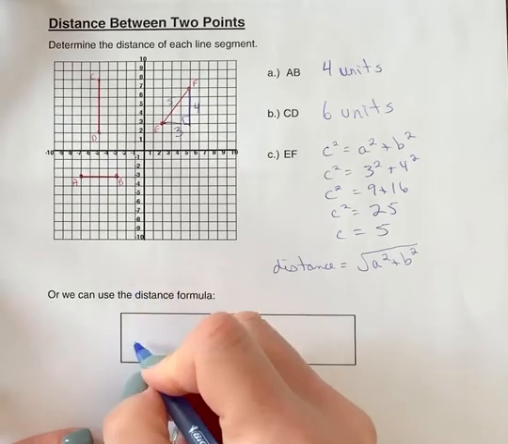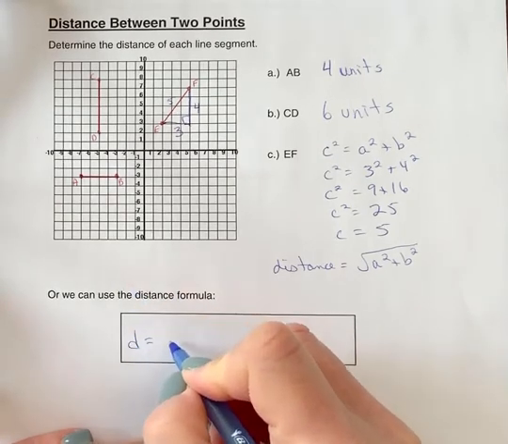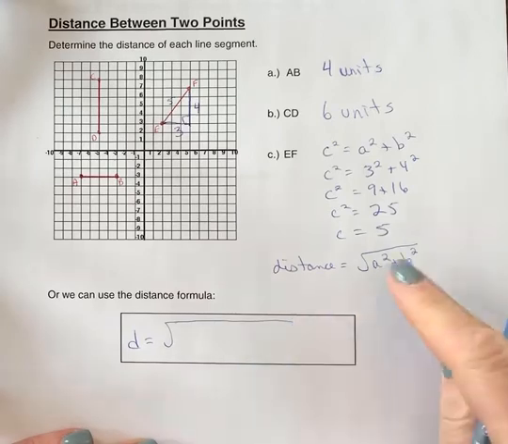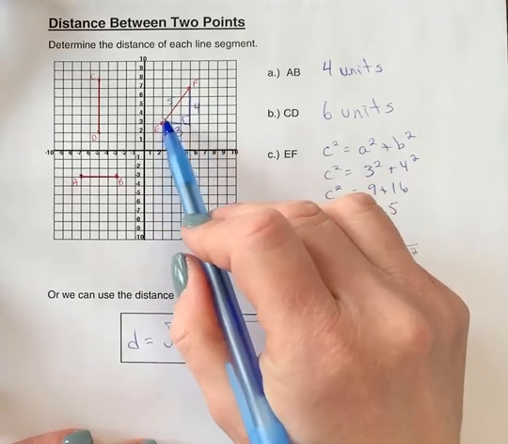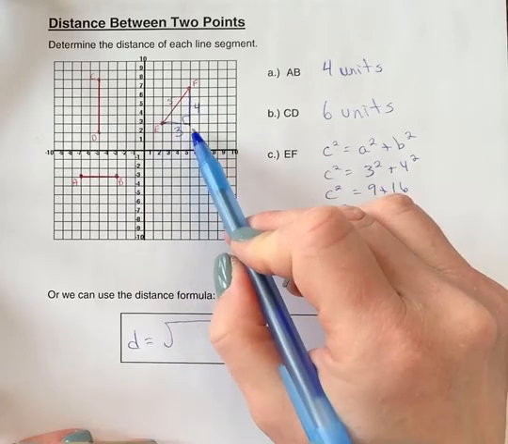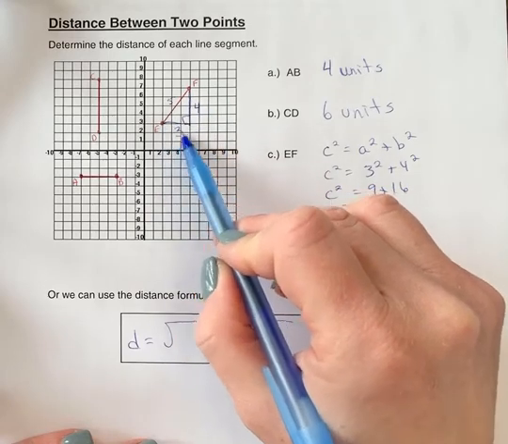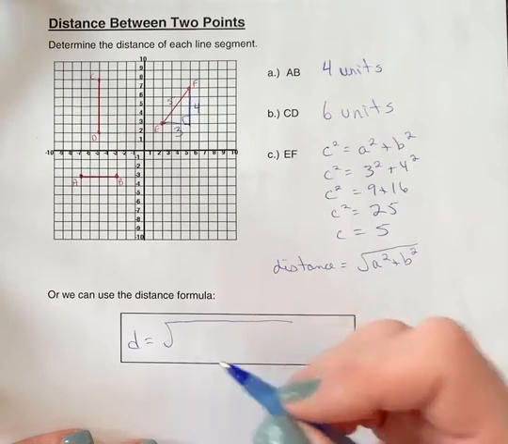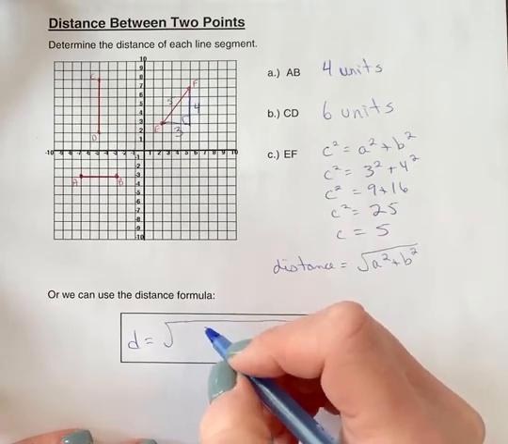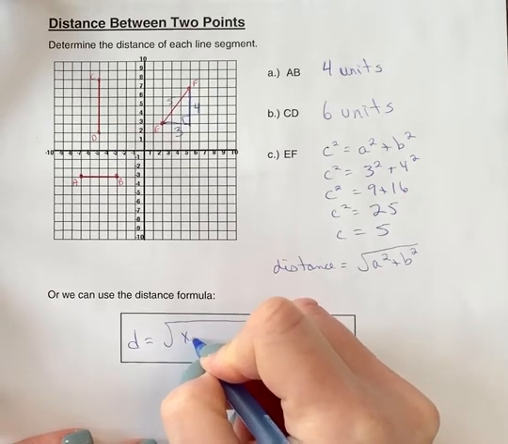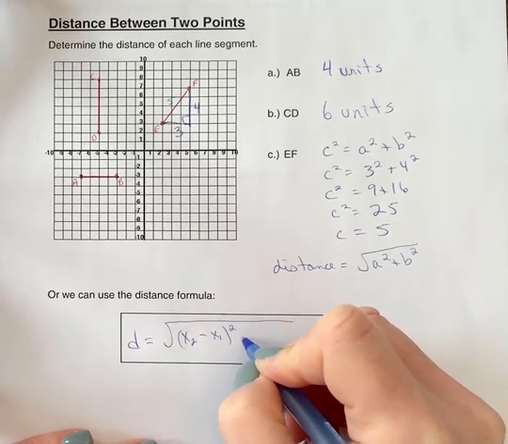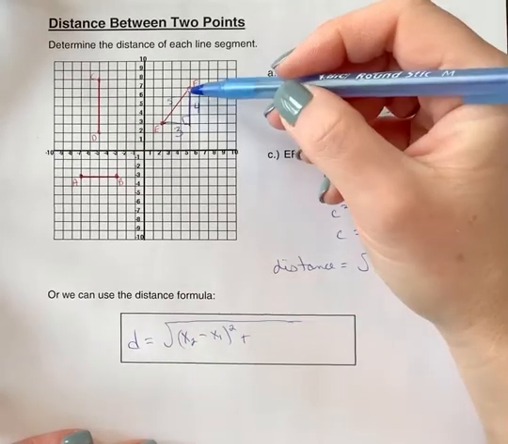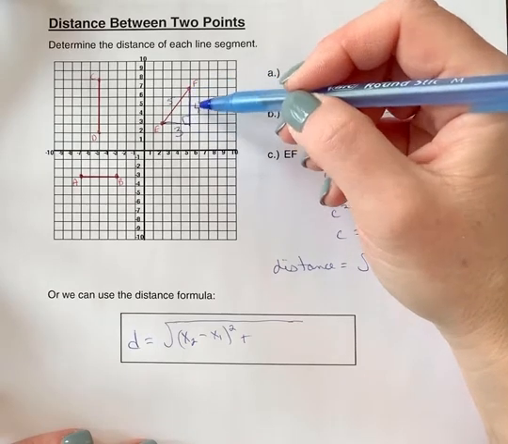So the distance formula would be d is equal to the square root of, now instead of writing a, we're going to be given ordered pairs. So to find the distance of a, for example, here we would say 5 minus 2 to give a distance of 3. So we would be subtracting coordinates. So it would be x2 minus x1 squared plus, this is the same idea, 7 minus 3 is a distance of 4,